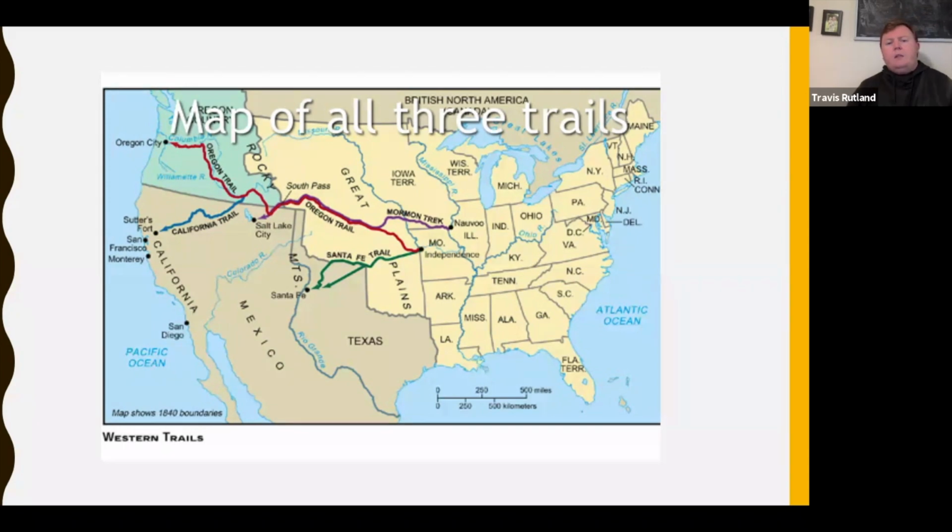All right, so that is it for today. Okay, again, kind of a quick review looking at manifest destiny. The U.S. is destined to move west and stretch from ocean to ocean. Looking at some of the incentives: land, money, transportation, freedom, those kind of things. Two of the main groups that moved west: fur traders and the Mormons. And then these two trails that they took to get west.